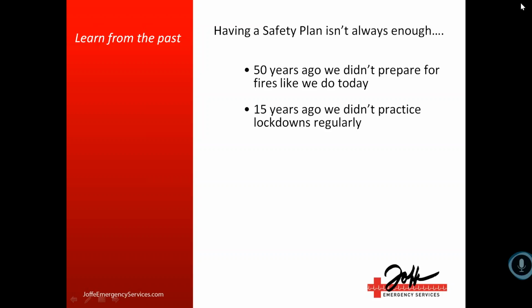Taking that and adapting it to things that have happened in more recent years, 15 years ago, and I can even say this, I'm really not that old, and I was in high school not that long ago, I didn't even practice lockdowns maybe 8 years ago or so. 15 years ago, we didn't practice lockdowns regularly by any means. But obviously now we know in the past, I'd safely say 10 years, we have to practice these lockdowns regularly. And a lot of people have adopted some protocols and trainings on lockdowns because it's such a prevalent thing for us nowadays.